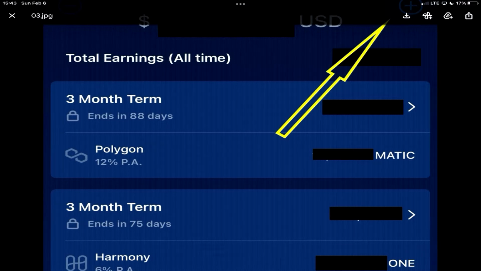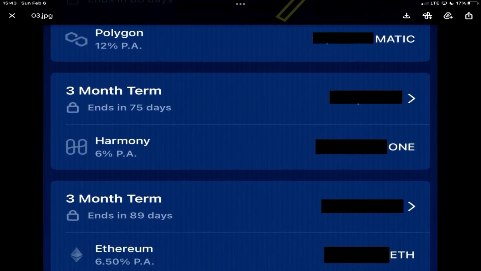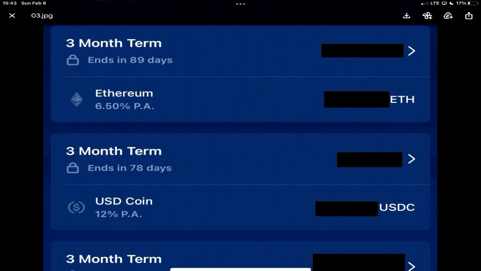And it does. We've tracked the math on it. It all pays out, but it's an annual percentage rate that's being paid out. And you'll see all of the stuff that you have staked and all the amounts on there, and then it gives you a countdown of how many days are left. When you get to the end of it, you can pull it out and use it, or you can just enter into another termed agreement.